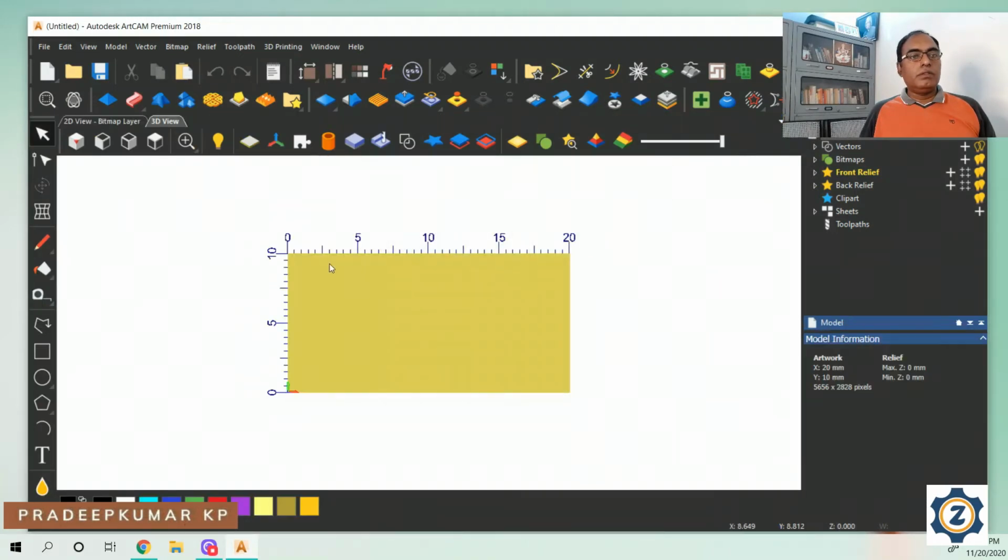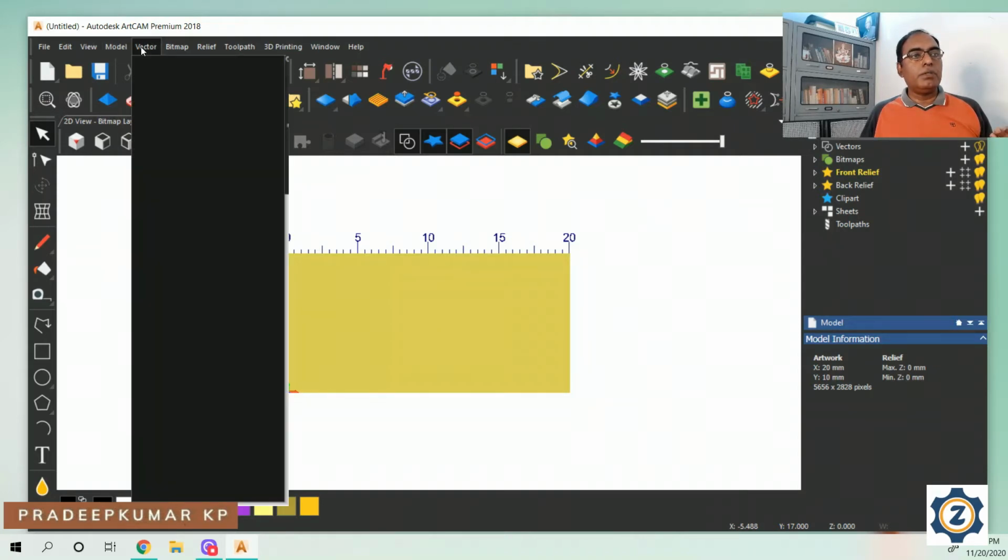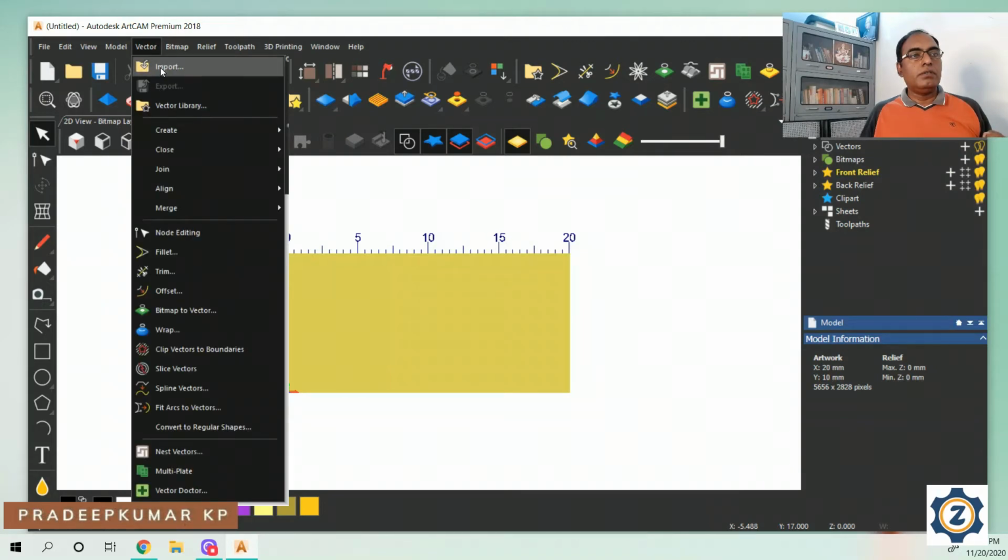This is the space where you want to bring the design. Here itself I can design. Sometimes you may have designed some font in a software which you already know very well. That software will be very comfortable to use, and you can design it there. Then you can import it here.